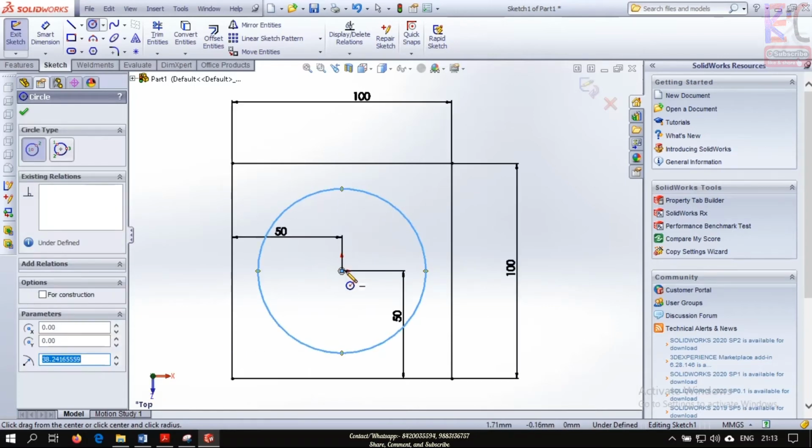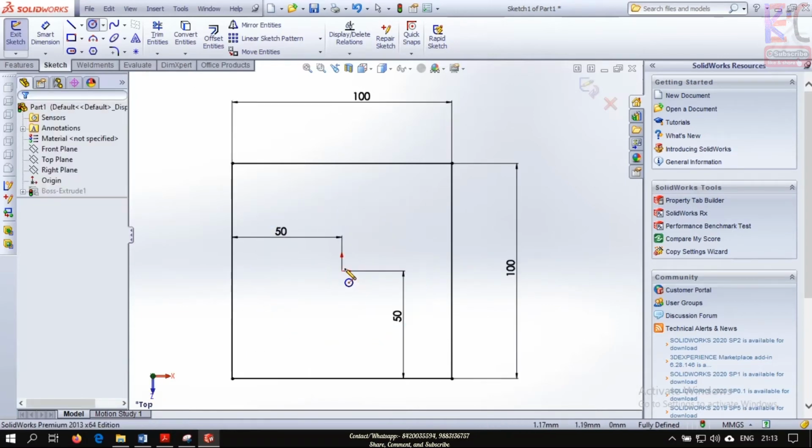Now how did I draw in the origin? Let me go back to this one. I clicked on the circle. How many types of circle are there? There are circle, and there are perimeter circle. That means the circle, by using this